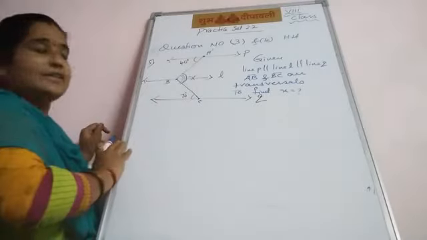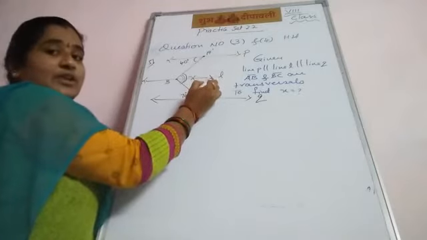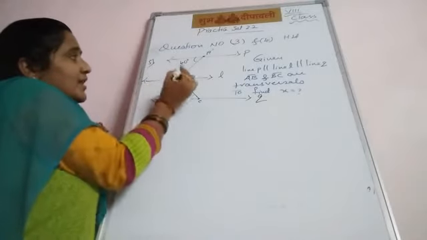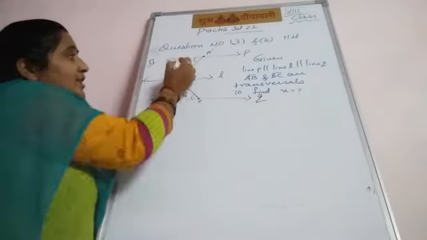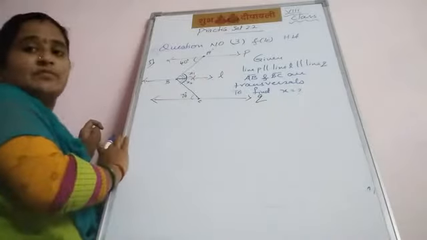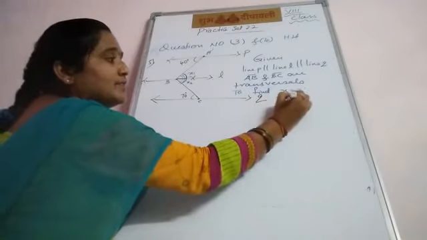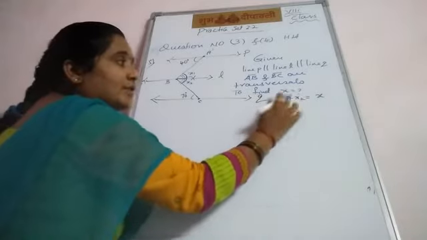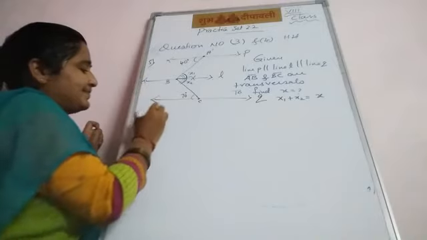This total x: if you take 2 parallel lines, line P is parallel to line L, and segment AB is a transversal. Here 40 degrees, and you will get half of x only. 40 degrees and this one. Here you can write x1, x2. x1 plus x2 equals total x. Therefore, x equals question mark. Solution.